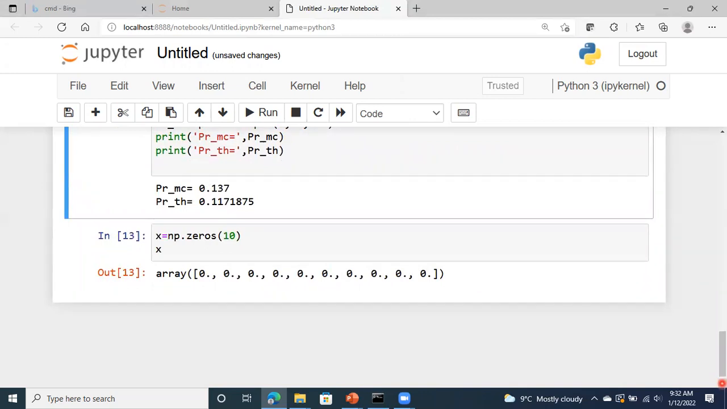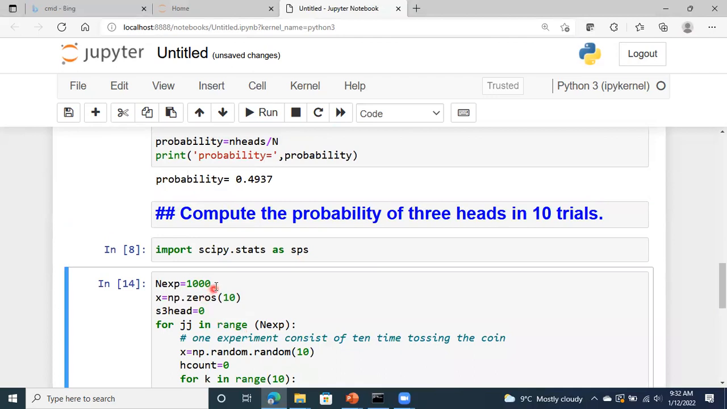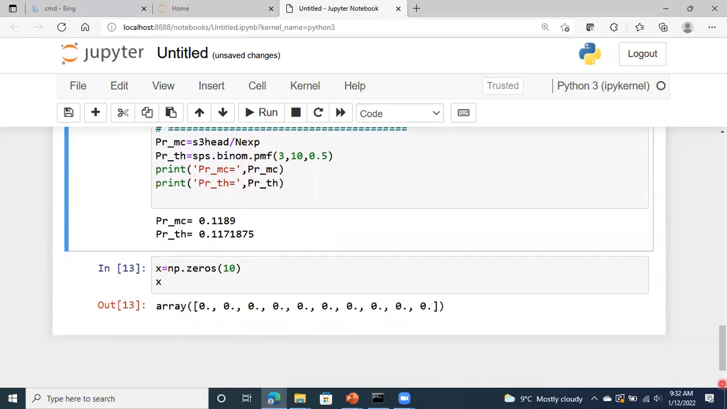Probability from Monte Carlo is 0.137. It is accurate up to 1 decimal place. If I improve the number of experiments, 10,000 experiments, so it has become accurate up to 2 decimal places. Monte Carlo works,